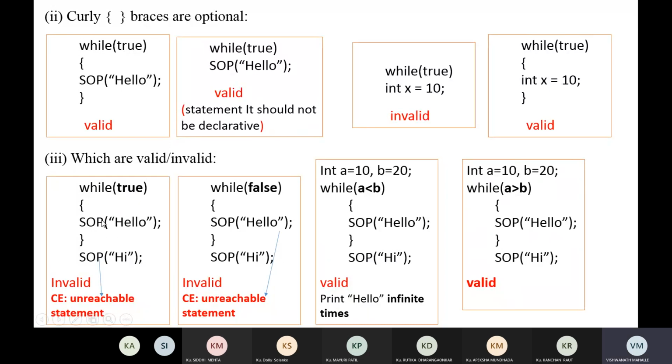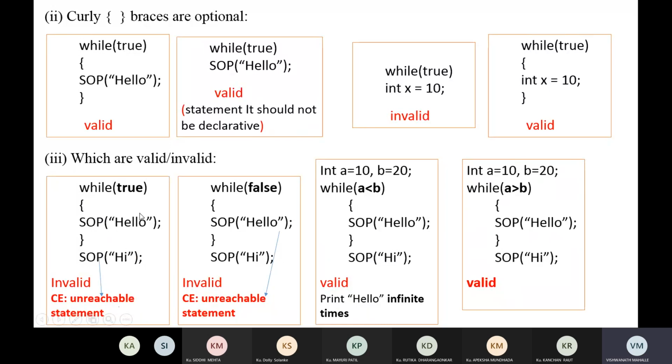In that case, if you write hi below that loop, then this statement will be unreachable. That's why it will give an error message, that is invalid. That compile time error is the unreachable statement error.